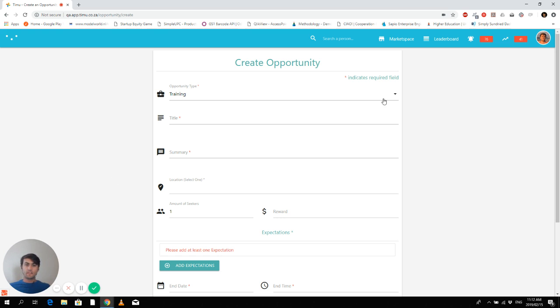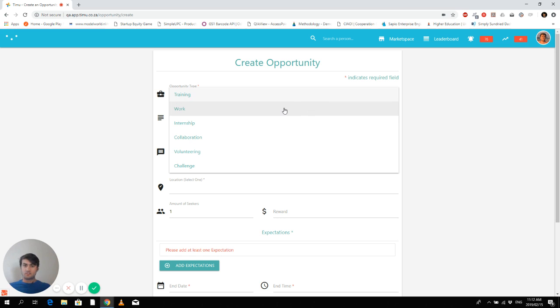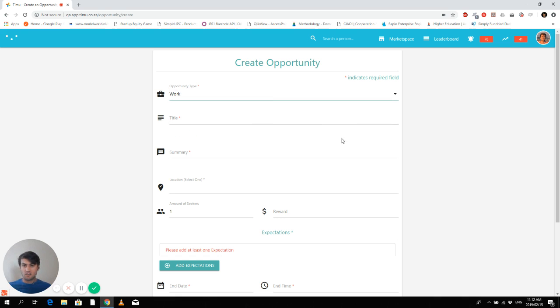able to do this. The first thing that you do is to define the opportunity type. So this, for instance, can be a work, training, internship, collaboration, volunteering, or a challenge. Mostly it will be work or training. So let's say, for instance, I have a work opportunity and I will use this to demonstrate in the next